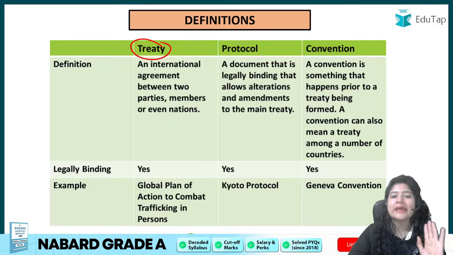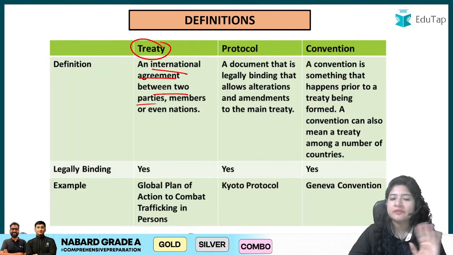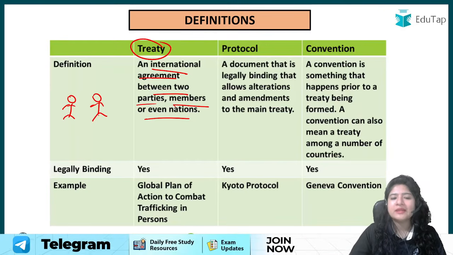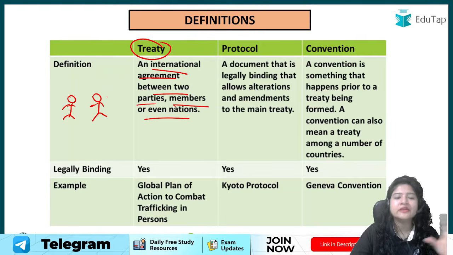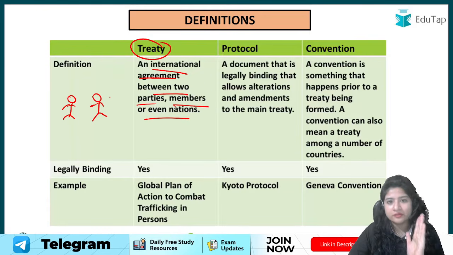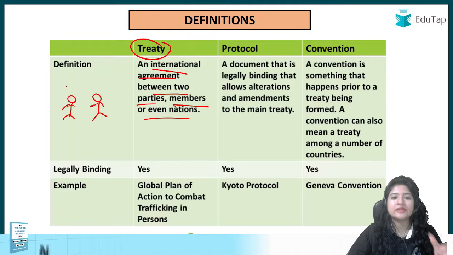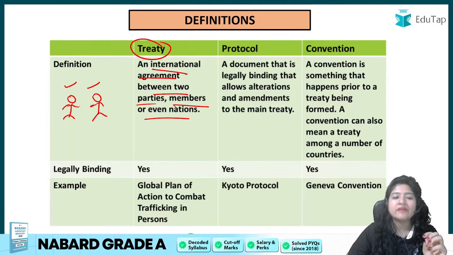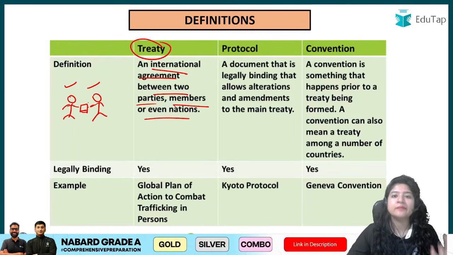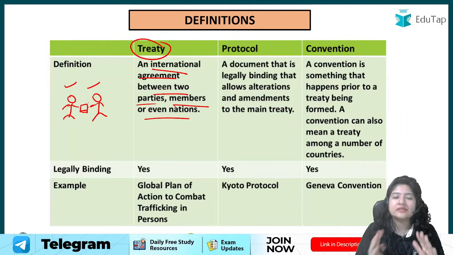Basically any international agreement that has happened between two parties, members of events. Suppose there are two people, okay? When I say people, I mean nations or any parties. Definitely in a nation a lot of people are there, or in any party a lot of members are there, but whenever signing is done, it is by the representatives only, right? So when two people have agreed on something, there is a paper where the rules and regulations have been written. This agreement is known as a treaty. Means when two people or two nations, two parties, agree to something, that is known as a treaty.